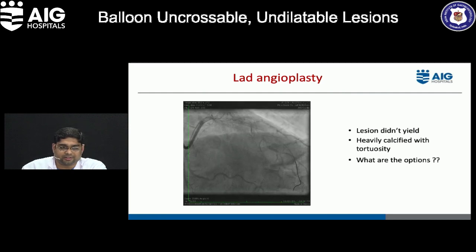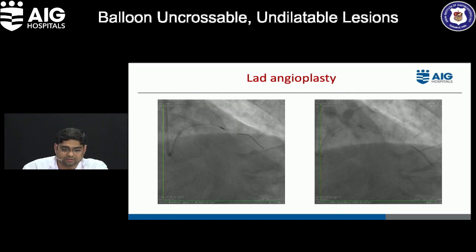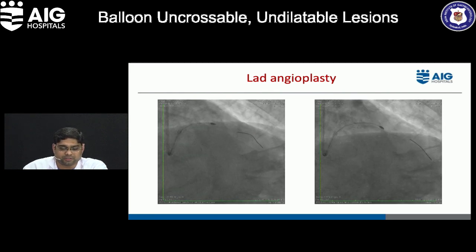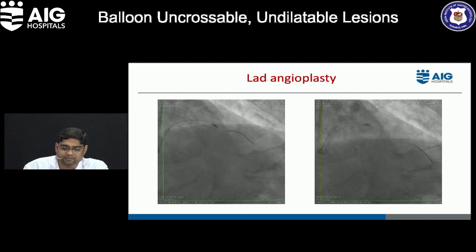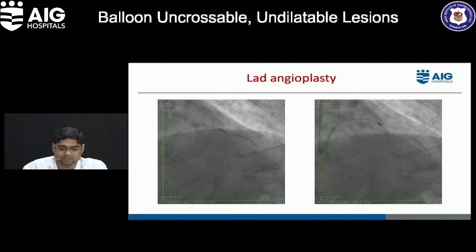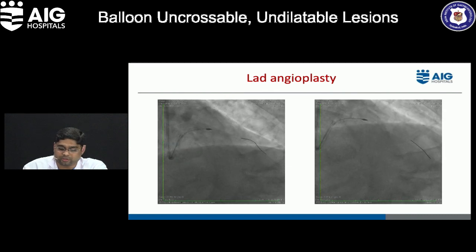So here the tricky part is rotablation is the answer that we know, but because of the tortuosity we were a little worried how to go about it. So we first exchanged the routine guide wire with a rota wire and then took a 1.5 mm burr and tried burring with it. The calcium was slightly before the tortuosity. Initially with the first runs there was a slight loss in the rotations, but after a couple of runs there was no loss in the rotations of the rotablation.